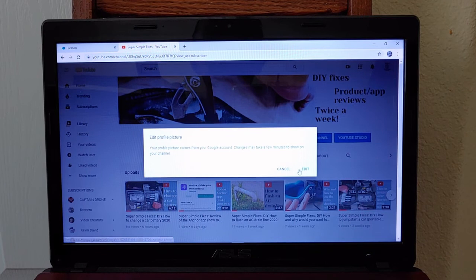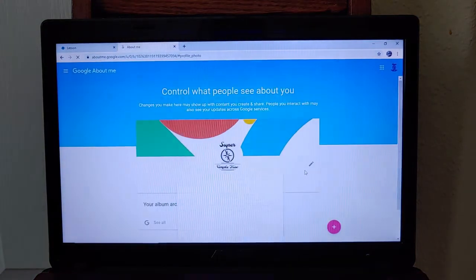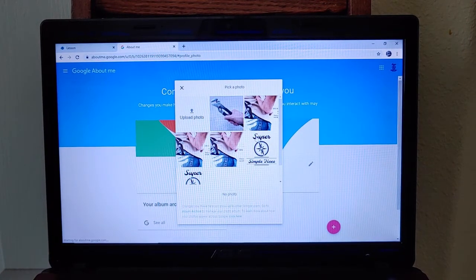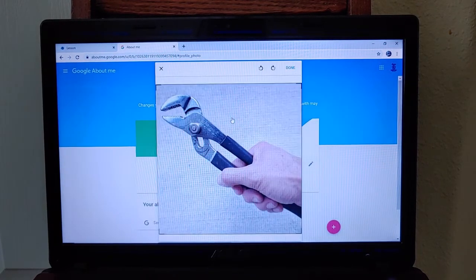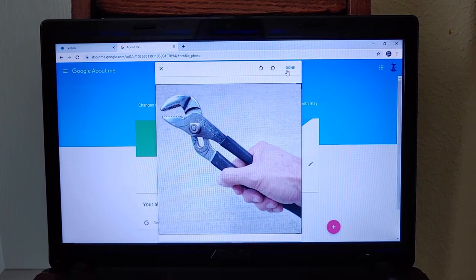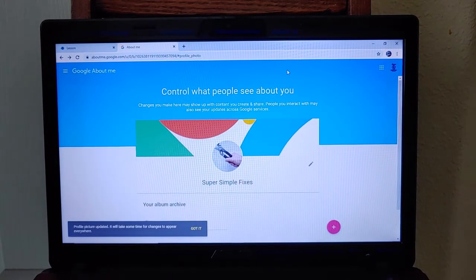And it says it's going to take a few minutes for it to take effect once you change the picture. But make sure you have a picture on hand that you want to use. I just took one a few minutes ago just for an example. I chose this, and you're going to hit Done. And that is it. And then we're going to go back